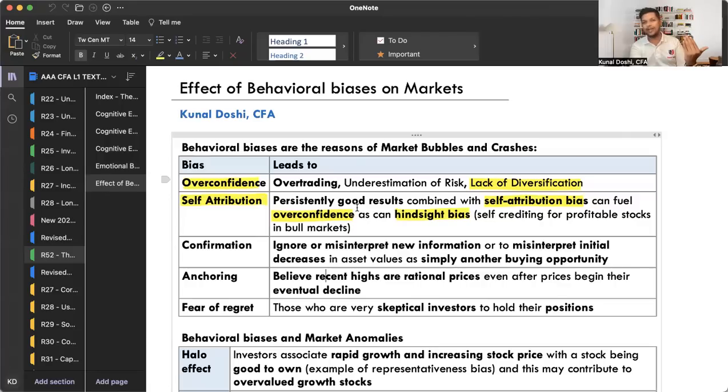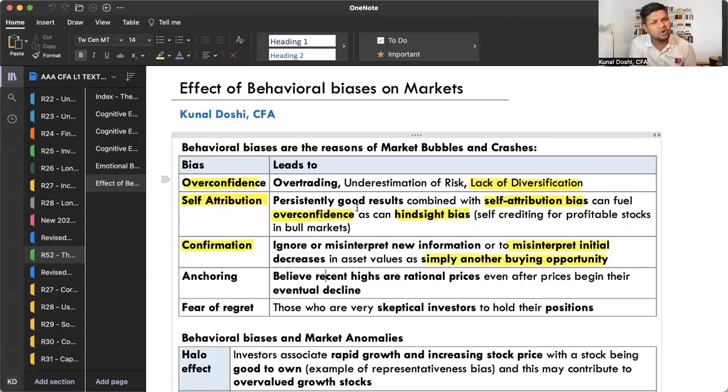In the bull market, everything is going up. So you feel that no, my stock is going up because I picked it. This is very common. Even I had such bias. Confirmation, basically you're trying to confirm your own views. So you ignore the new information or misinterpret initial decreases in asset value as simply another buying